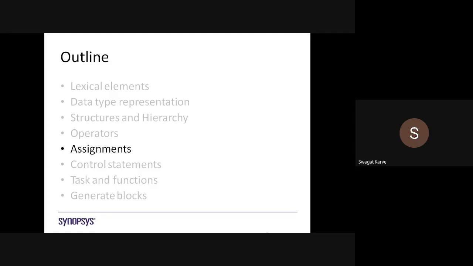Now I hope all of you are clear about what we mean by operators. All of you are very clear with the difference between the operand and the operator. Okay, so we have discussed the operator.